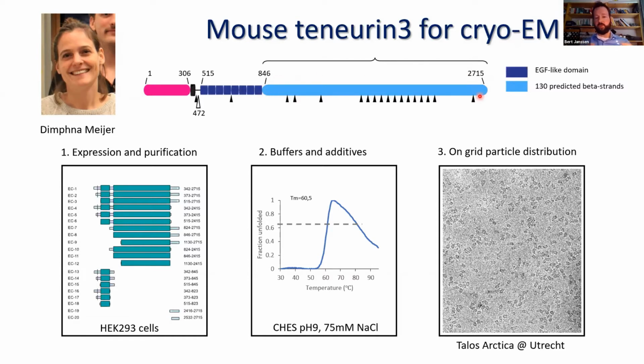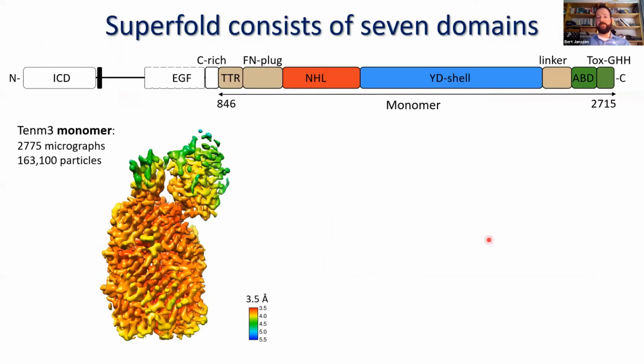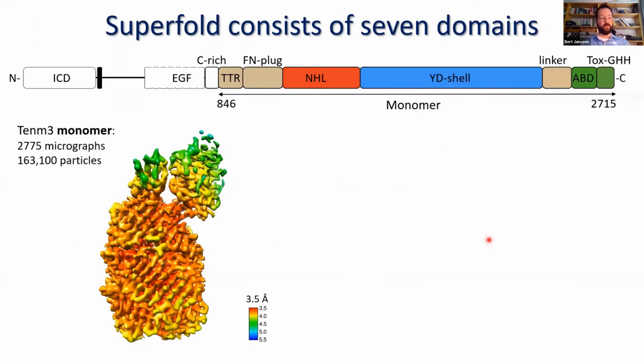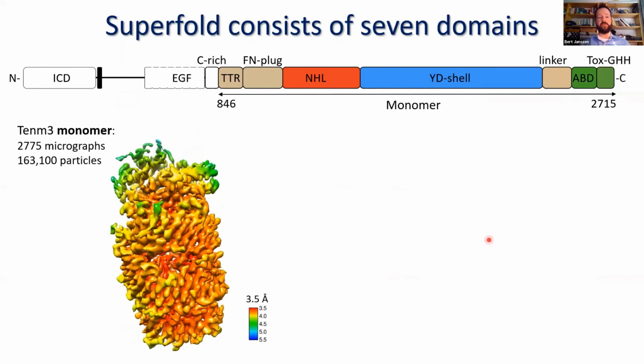She used several tricks to stabilize the protein, and then she tried to crystallize it, but that didn't work, unfortunately. But fortunately, at that time in Utrecht, we had a new cryo-electron microscope, the Talos Arctica, and the protein is large enough, 220 kilodalton, this bit at least, that we thought it would be amenable to Cryo-EM single particle reconstruction. So we used that, we made good grids, and Dimfna was able to get a reconstruction to 3.5 angstrom resolution